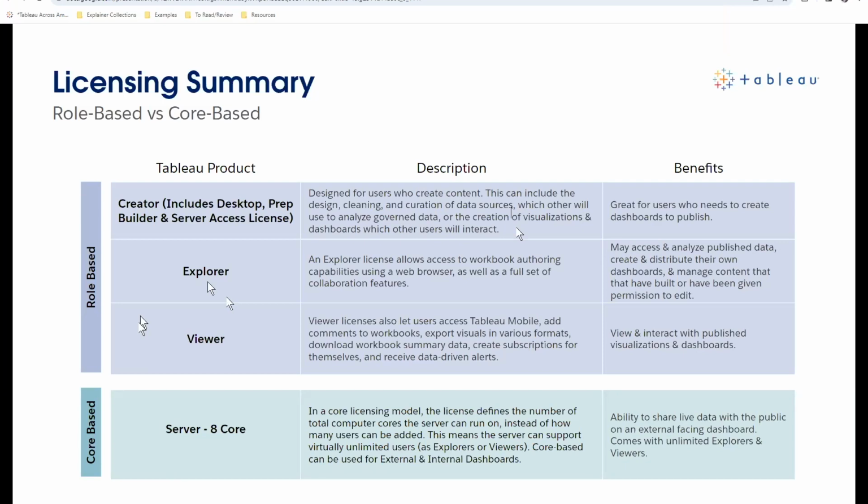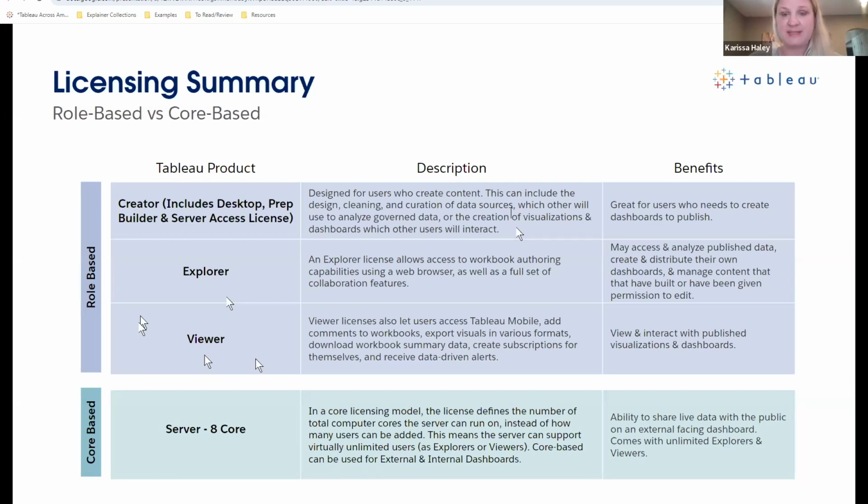And then that last role is a viewer. Those are people who want to come in and just view this data. They don't want to create dashboards or anything. They just want to come in, take a look, and interact with that data and with the discussions I talked about earlier. If there are questions about what the data is telling you, you still get all of that. You're still able to set up a subscription, so you can say, I want this dashboard delivered to my email at 8 a.m. every morning so I can look at it. That's still a powerful role, but it doesn't give you the ability to build anything. So those are the role-based licenses.